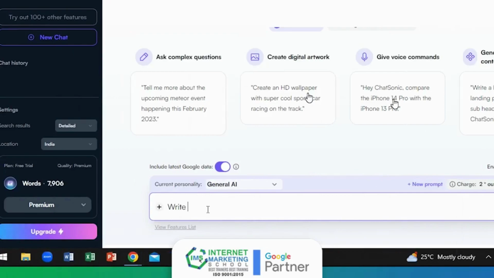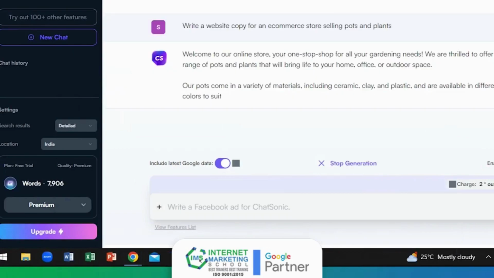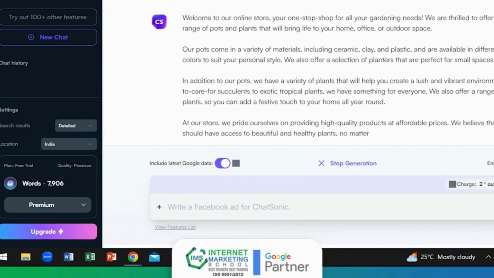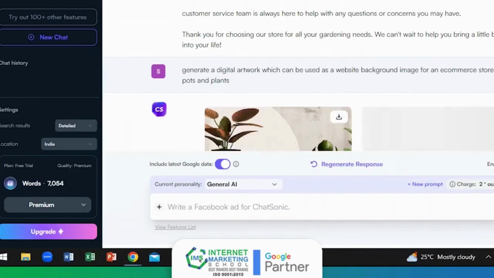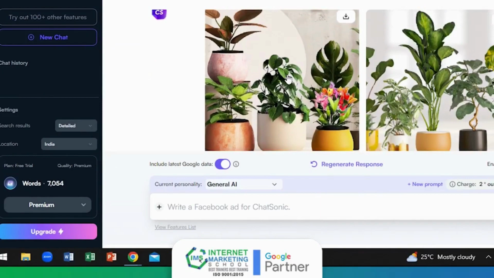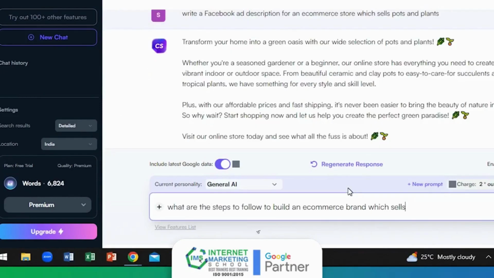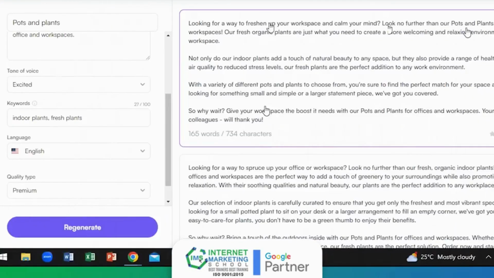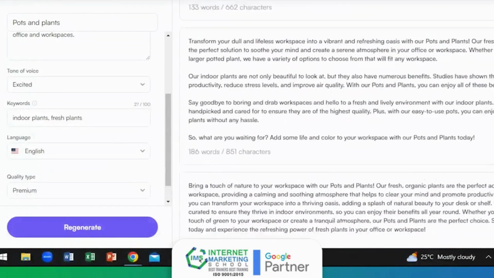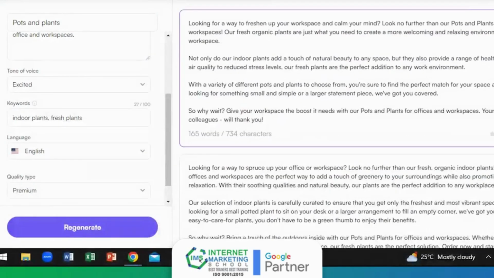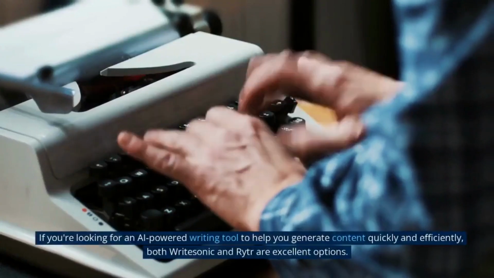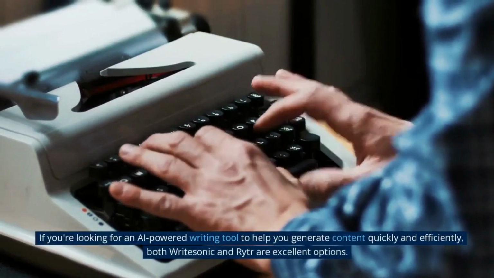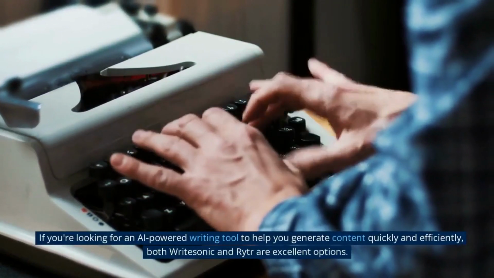Let's start by giving a specific instruction to Writesonic. An interesting feature of Writesonic is that it can generate images using AI. We can also use Writesonic to write compelling ad descriptions for our Facebook advertisements. Thus, we can conclude by saying that Writesonic is an effective and powerful tool when it comes to AI-powered content writing. If you're looking for an AI-powered writing tool to help you generate content quickly and efficiently, both Writesonic and